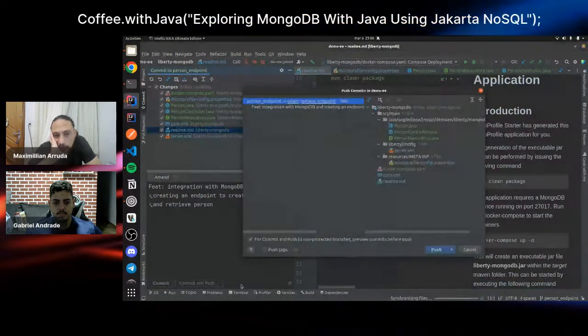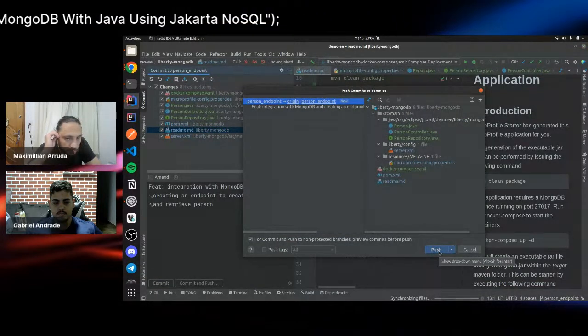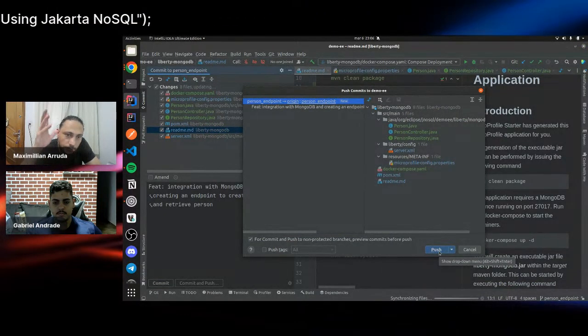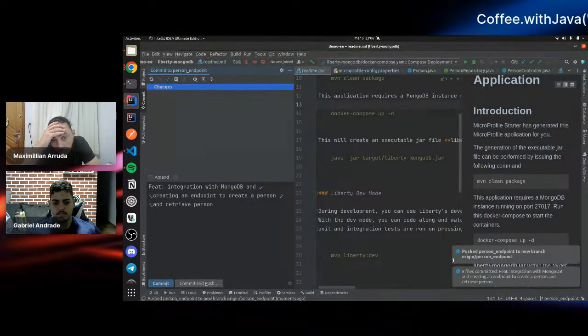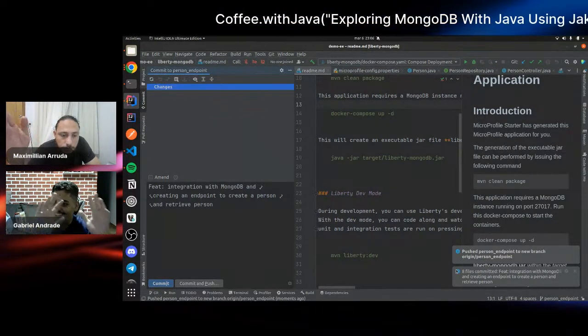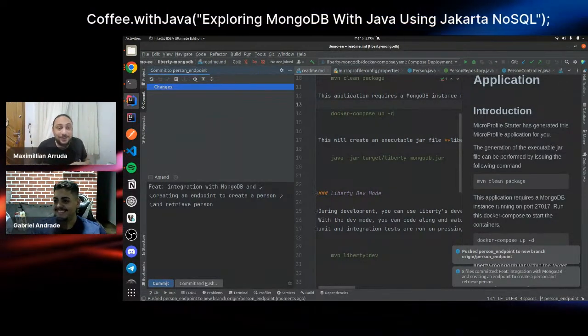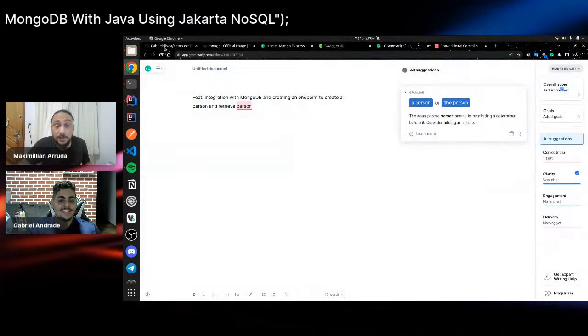Probably IntelliJ will use Sonar and other tools to verify your code before your commit, so you can do this. Okay, looks like everything is done. So go to your repository in order to open your PR.